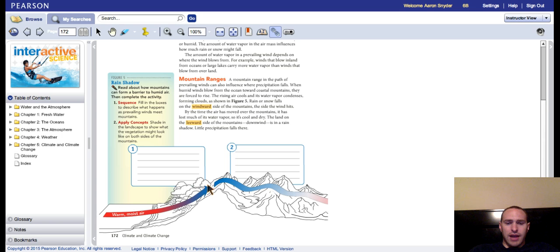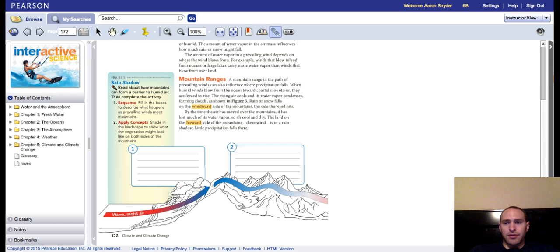So once it encounters that and comes down here, the air is a lot colder, and it's also not as moist. So that's why this side of the mountain does not get as much rain. And we call that side the leeward side. Okay, so that's one factor that affects what precipitation happens in mountain ranges. One side might get more rain than the other because once it goes up that mountain, it's lost all that